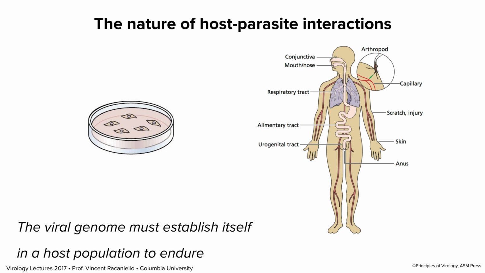In my view, that's the most important driver of virus evolution, transmission to a new host. And that depends on a lot of parameters, which hopefully we can talk about in the next, how many lectures? 12 lectures. And it's not just flying through the air with the greatest of ease to reach another host. It's multiplying to high enough titers, for example, in the first host to make sure you can be transmitted, whether it be by a mosquito or fecal contamination or an aerosol. Lots of parameters. So it's a lot more complicated in the host.